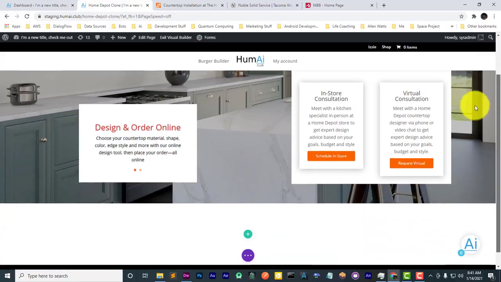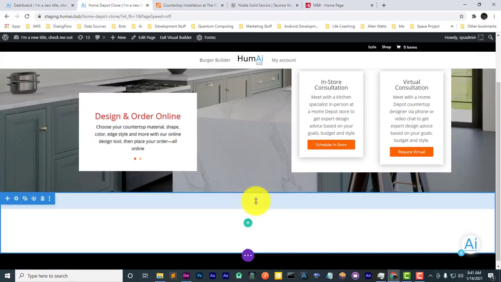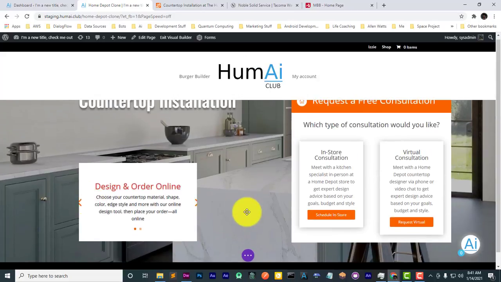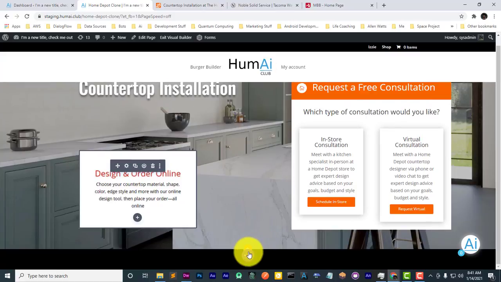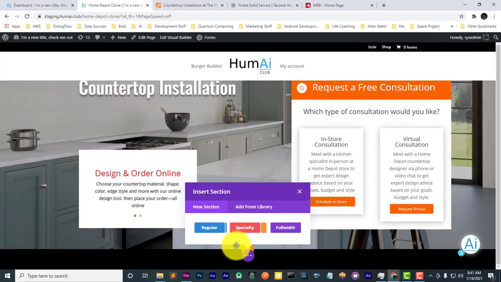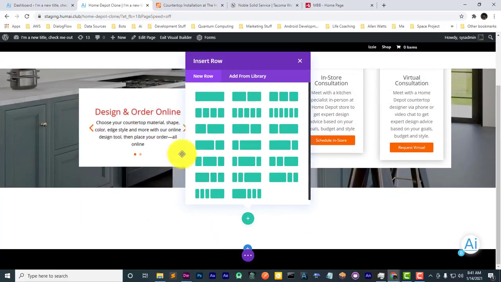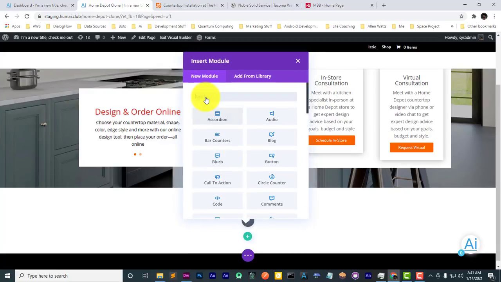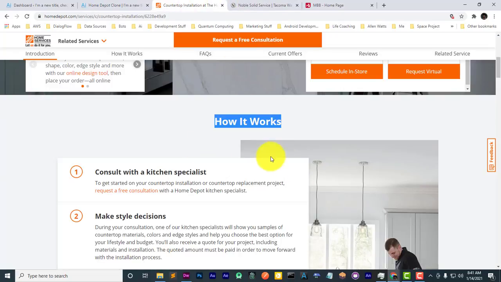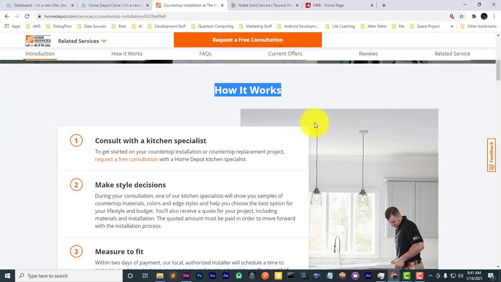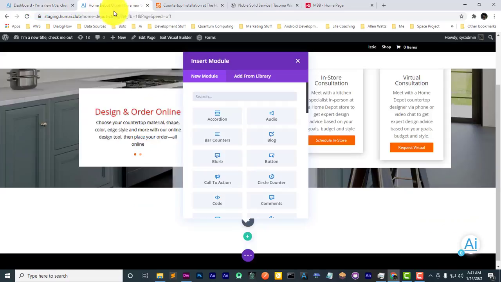And so right below this one, I've already got a section. We made this section in the last video, but I'm gonna go ahead and just create it just for the sake of consistency and so that you can understand. So basically what we have here is a 2-column layout, but first we're going to start with the row that has the